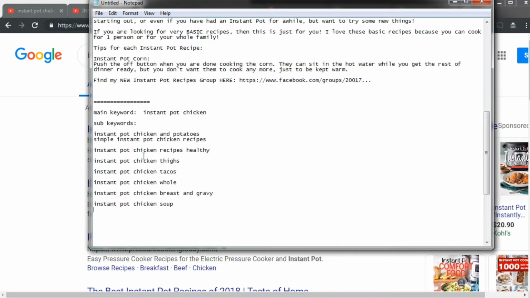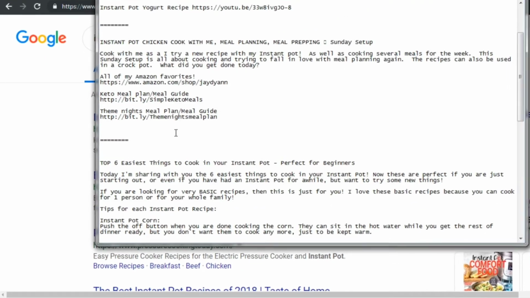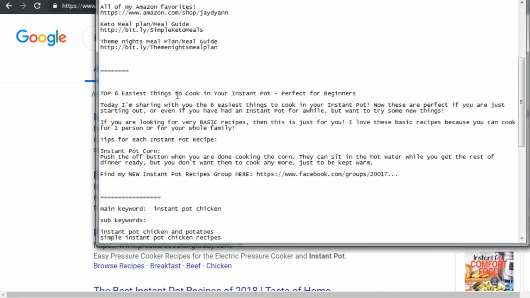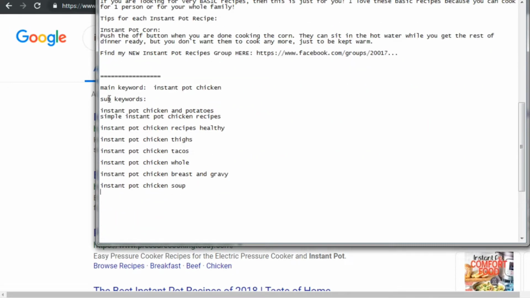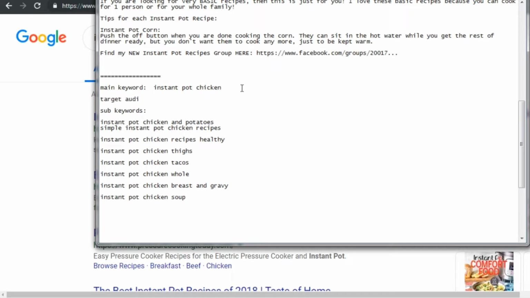As you can see here, we have videos 1, 2, and 3, the top number 1, number 2, and number 3. And of course, we have the main keywords. So we have this main keyword here, so that's definitely going to be in the title. And then of course, if you noticed, the target audience was beginners. So essentially what you're noticing here is that people are calling out the audience, and then of course they have the keyword in the title itself. And then of course you want to make sure that the title, main keyword, and target audience are also going to